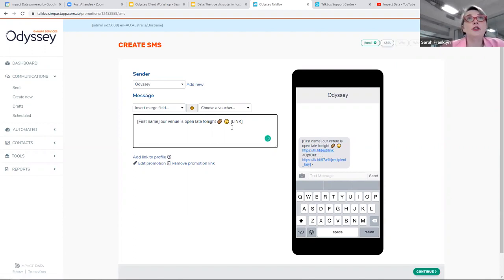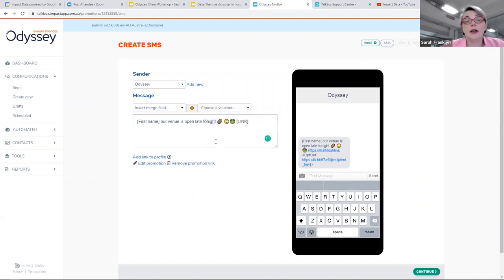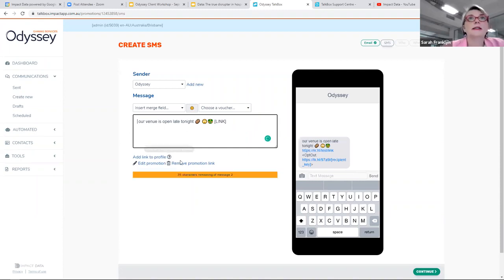Now, we have a new feature, which you may not be aware of, which is that you can now send emojis in SMS as well. Now, just a note of caution, not all emojis are created equal, in that some of them take up quite a lot of characters and some of them take up very few characters. So if I took the link to that email, actually, if I took the first name out, I will get to see how many characters I've got left, or I can wait till I get to the end.